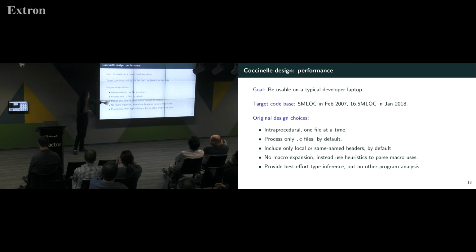So we made some design choices in the beginning to match the trade-off between performance and the kind of problems we were targeting to solve, and the degree of accuracy that we thought those problems actually needed. So we're intra-procedural, as mentioned in one of the questions. Basically, we just work on one file at a time and one function at a time. You can make a bunch of different rules, and the different rules can match in different functions, and then they can collect information in different places, but all of that's going to be in just one file.